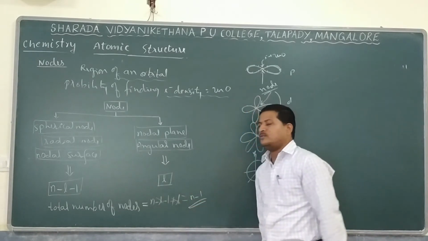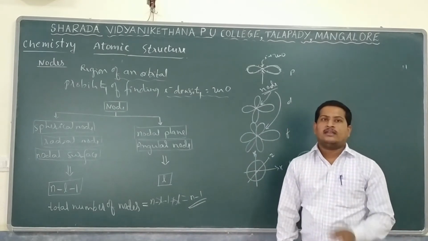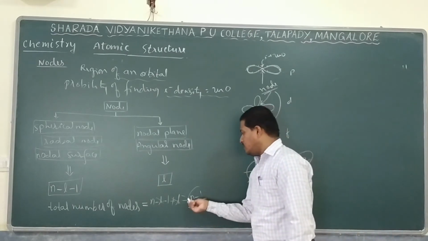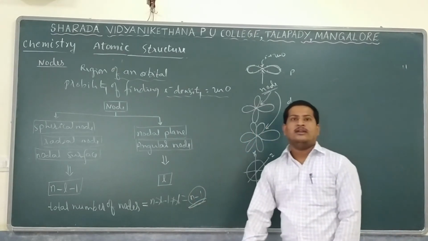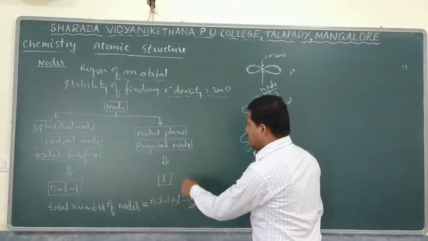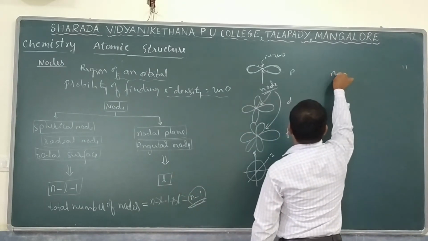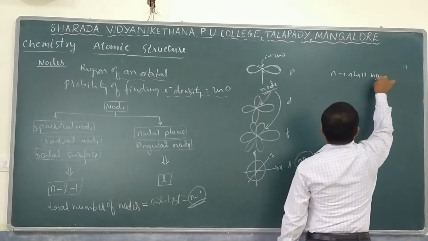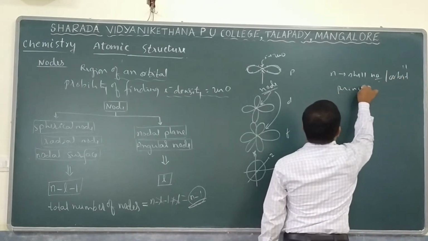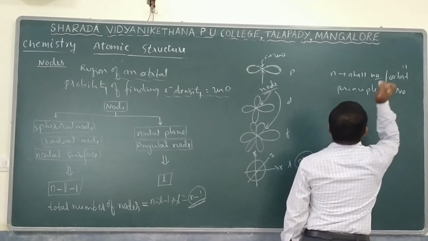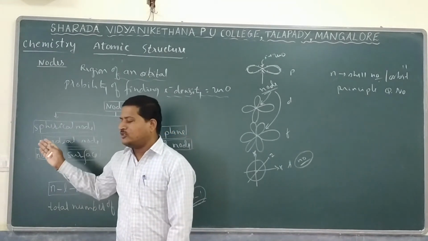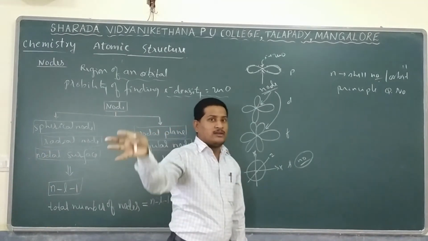So the total number of nodes present in an orbital, or orbitals present in a particular shell, is exactly equal to n minus 1, where n stands for principal quantum number or shell number. Here one new letter comes. So remember, n stands for shell number, or we can say it is an orbit. It is also called by another name, principal quantum number. So that tells about the shell number. It may be either 1, 2, 3, 4, like that, like observed in Bohr atomic theory, 1, 2, 3, 4 up to infinity.